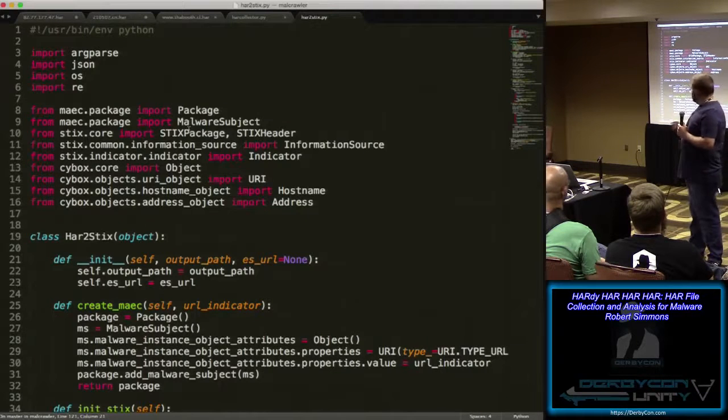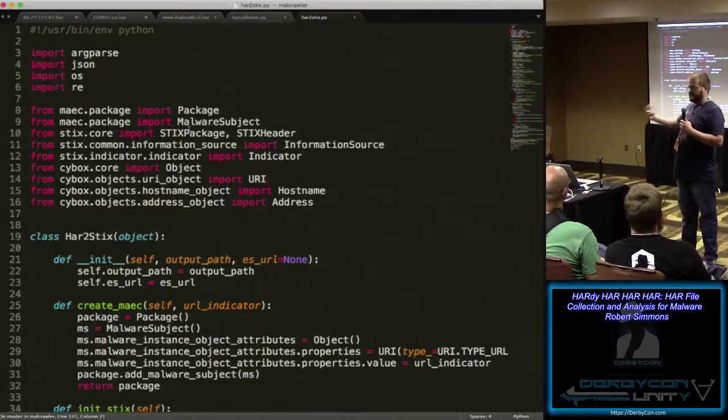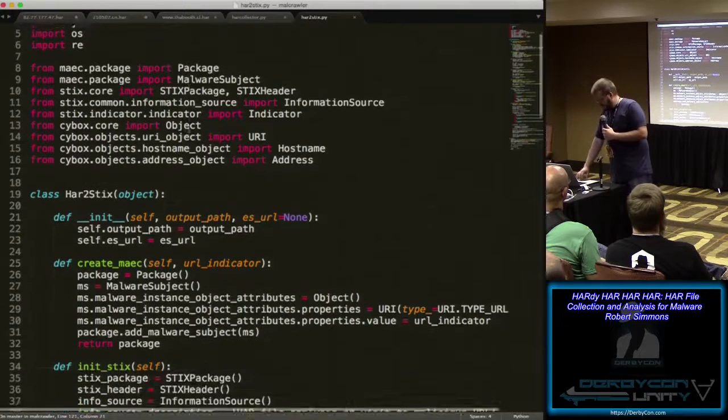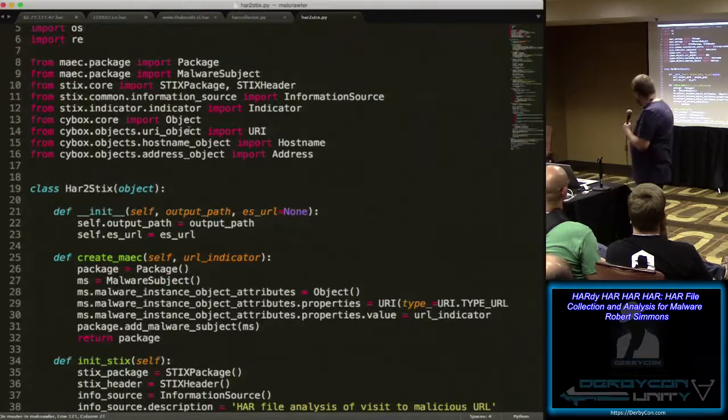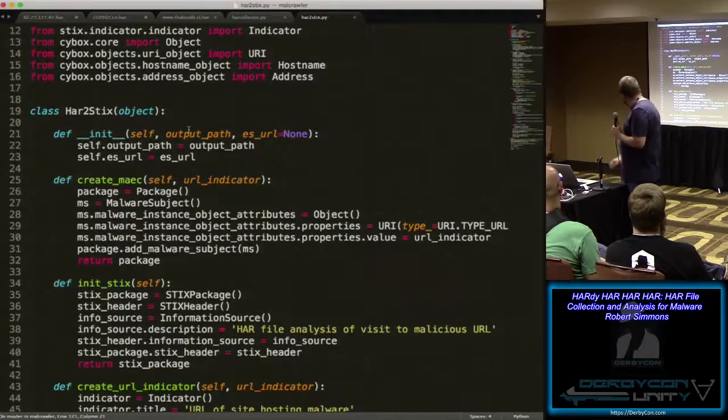And as you know, in a later stage, if you do further analysis and have findings according to the MAEC format, you can then add those to this as you go along using other tools, not this one. But it starts off with the malware subject and then saves that as a MAEC package, and then the STIX package